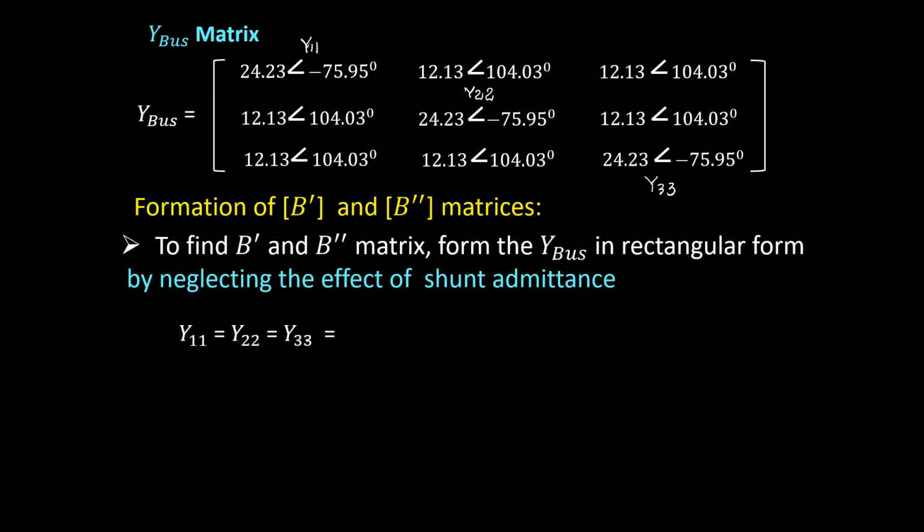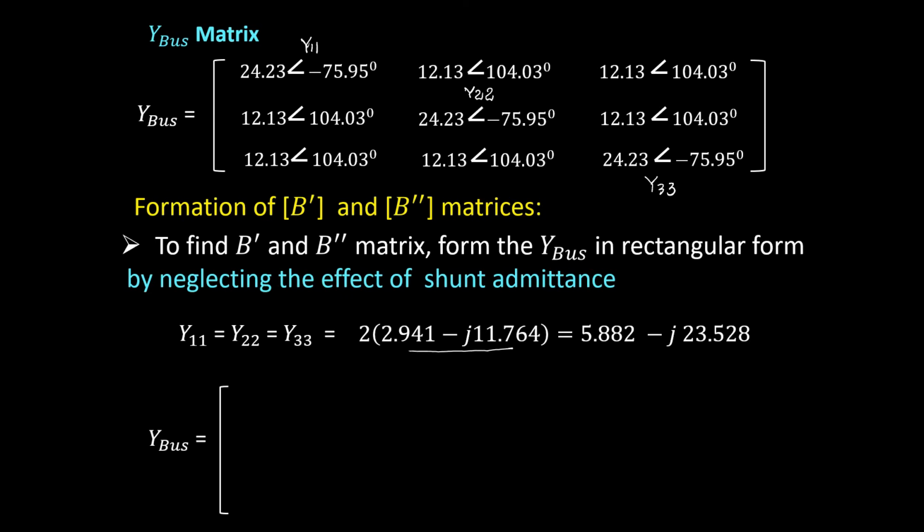So now you will be just multiplying 2 times the series admittance. Okay, we are not going to add that plus J0.01 here. So that will be equal to 2 times the Y series, that will result in 5.882 minus J23.528. Anyway, we need to represent this Y bus in the rectangular form. So I am not interested in converting this into a polar form. So let us form the Y bus in rectangular form.